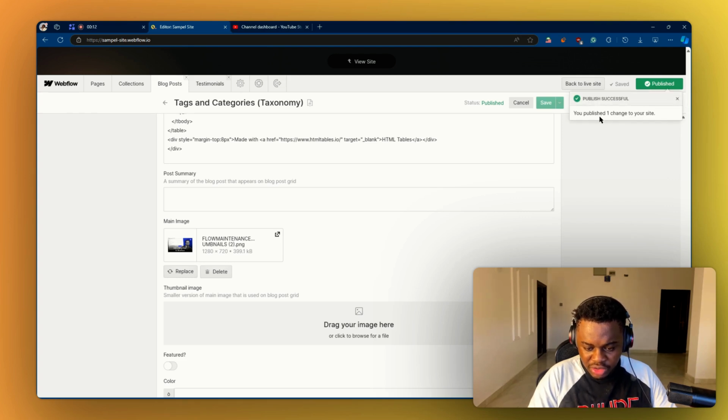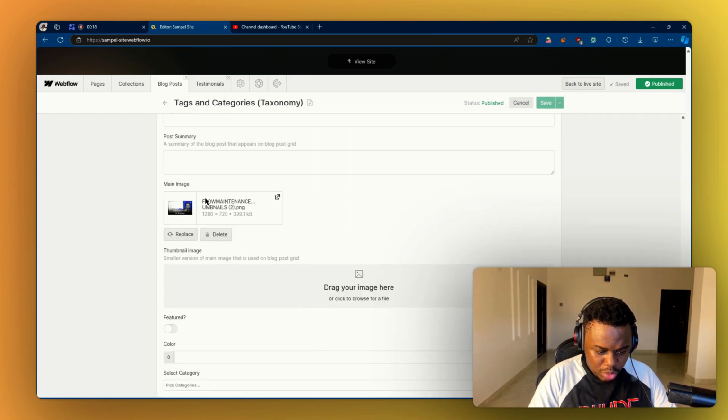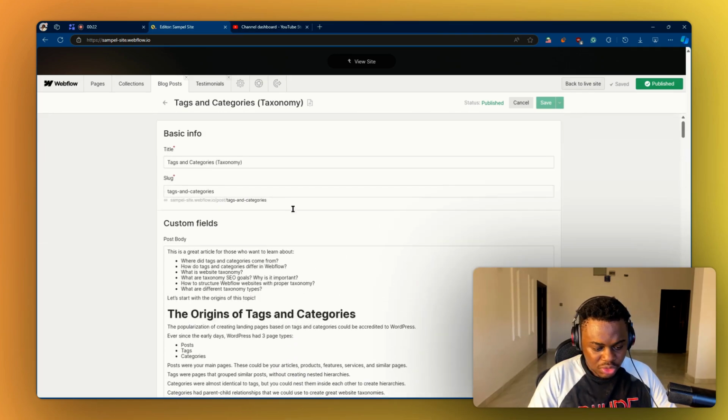Okay, so I already went ahead to publish. So once you do that, the image should be live on your Webflow site. Okay, so if you have any other questions related to the post